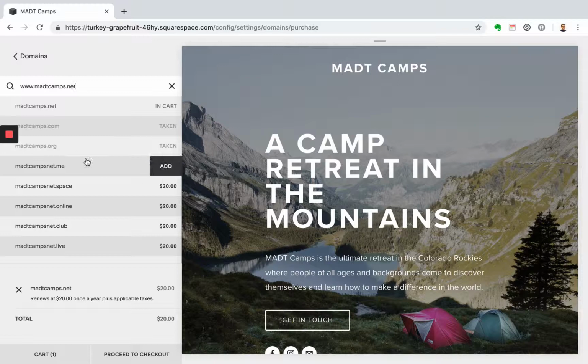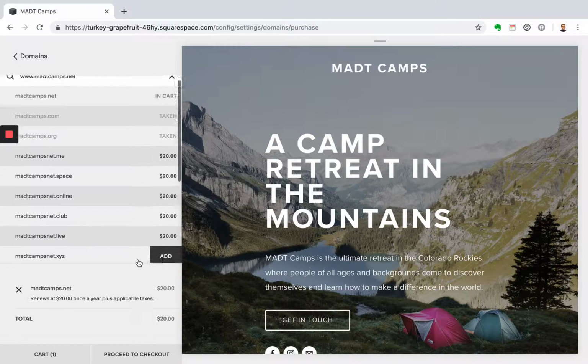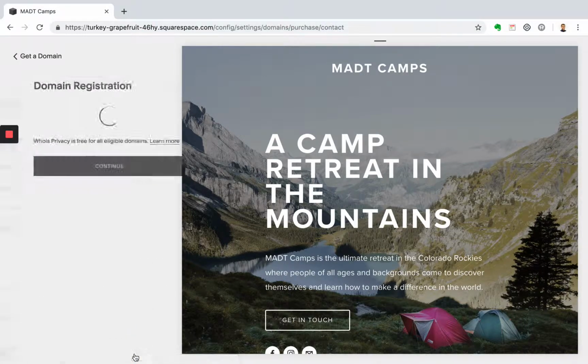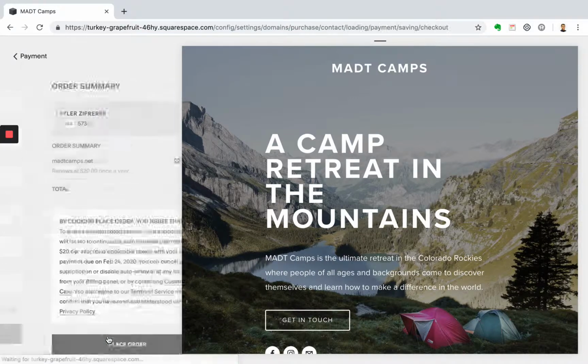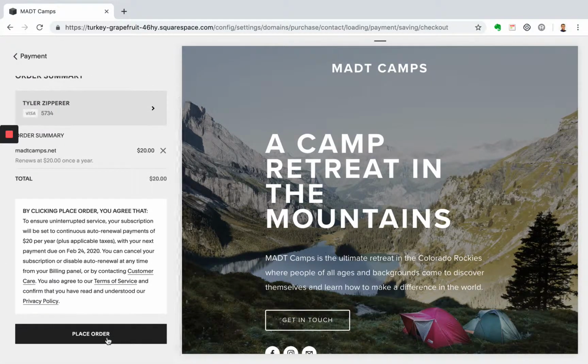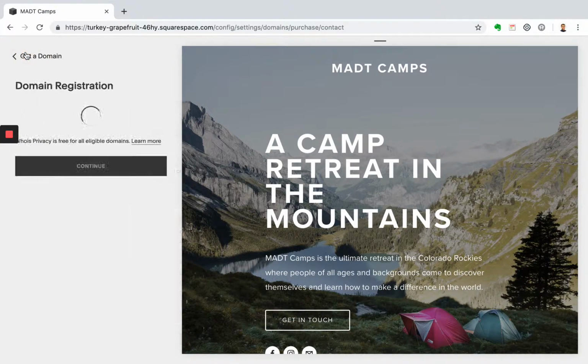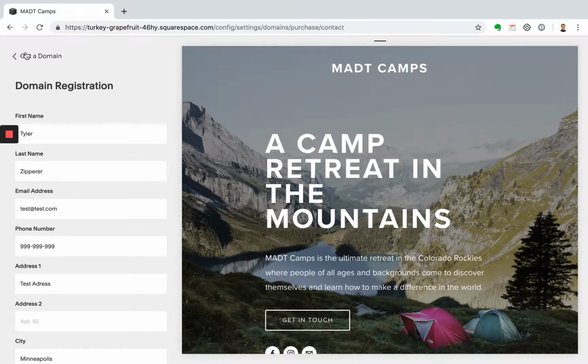So here it'll bring up a few different options for you to choose from. Obviously the most common ones these days are .com, .net, .org. It'll show if someone has already bought a domain that you're unable to choose. So find one that you like that fits with your business and add it to your cart. And now we can proceed to checkout. Fill in your information here, click continue, and purchase your domain. So once you do that, great, we're ready to get to the next step,